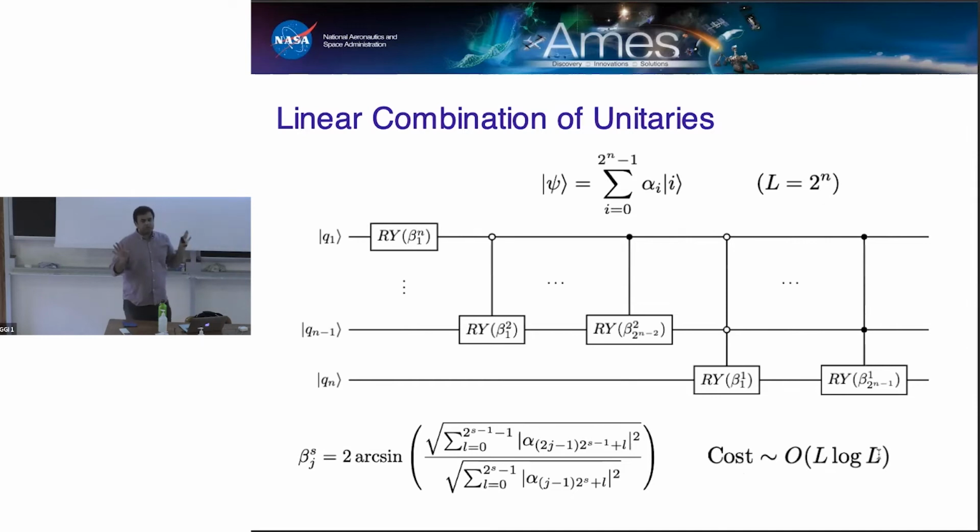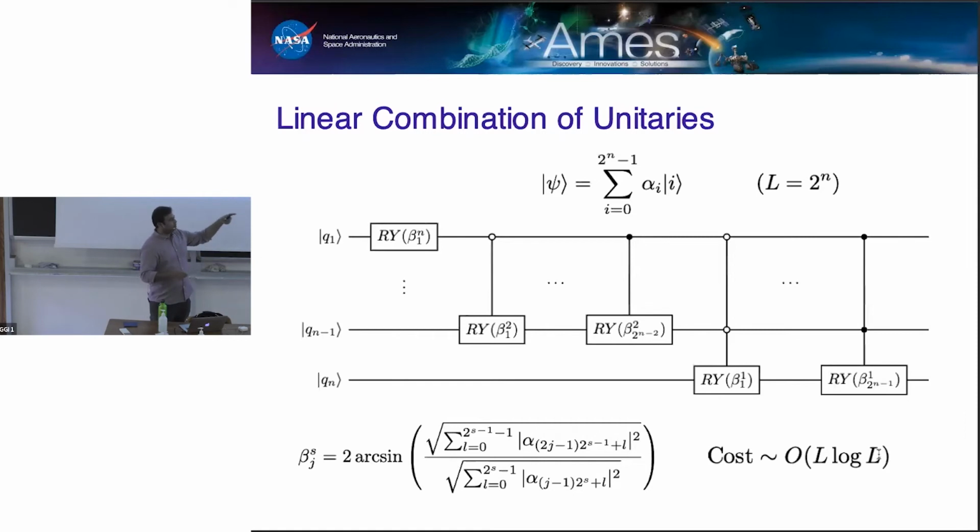And the intuition is very much along the lines of what I just described earlier to prepare the K part of the register, which is that you apply an initial rotation on the leftmost qubit. And the only difference now is that, earlier we were preparing states that look like 000, 001, 011, etc. Now we have to prepare a superposition of all the bit strings. So instead of only controlling on the value of the qubit being in the 1 state, we also have to control on the value of the qubit being in the 0 state, and then apply another corresponding operation. Okay.